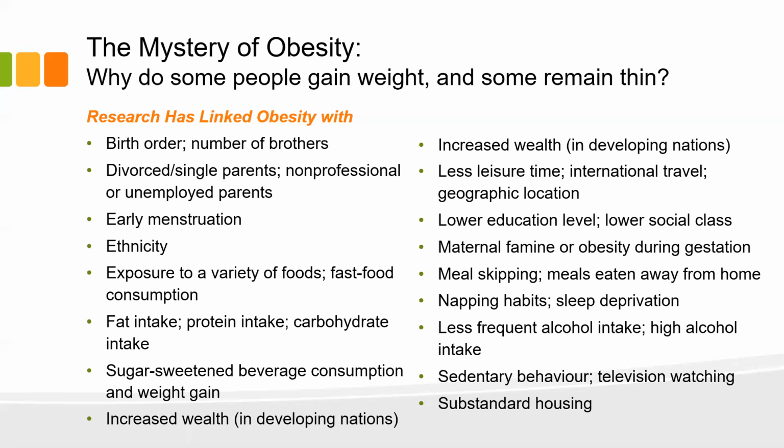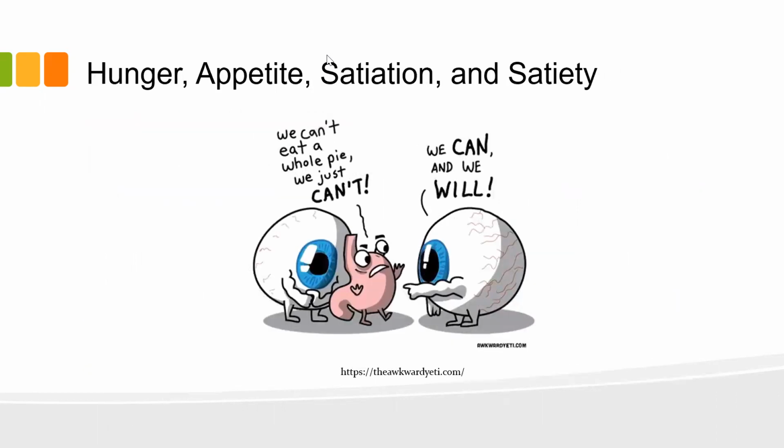If you look at obesity studies, there are so many of them, and they're connecting it from things like birth order to postal code to all sorts of crazy things. You can see there's a list of them on this slide, and we're trying to understand what's going on. When you have something like this that has hundreds of variables, how can we help people? That's the big question, and what can we do? So we're going to get into this a little bit.